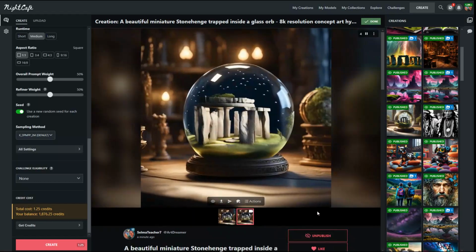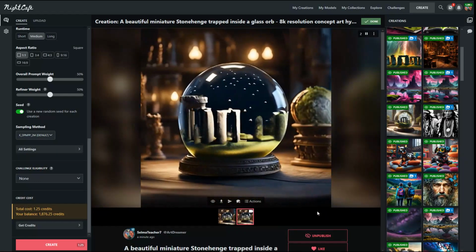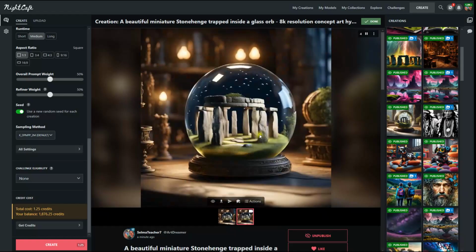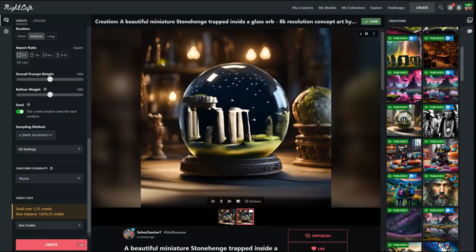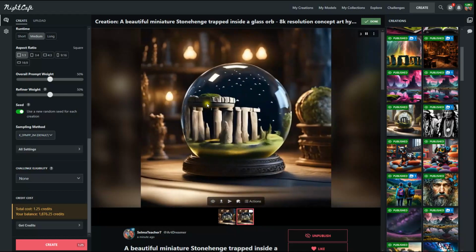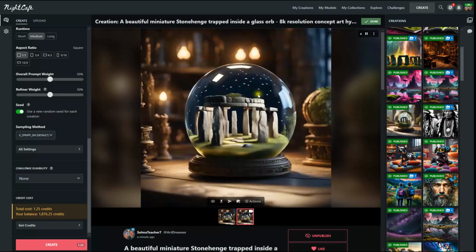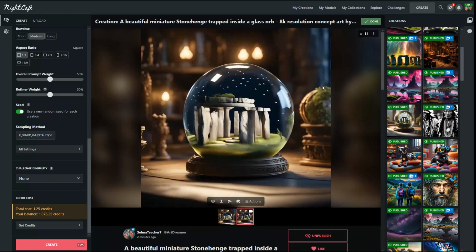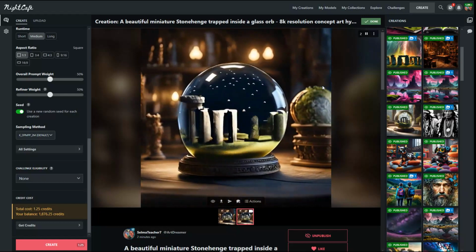And here's what it's done with the animation. That is awesome. I like it. We have a camera here that's panning over and keeping the crystal globe here in the center of the frame. A little bit different here with the rocks going out of the orb. But it's animated it for us and made a beautiful work of art.